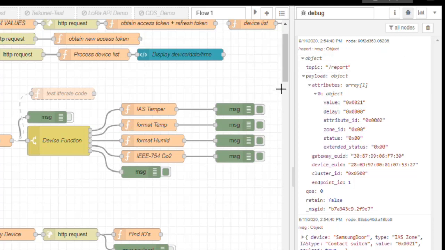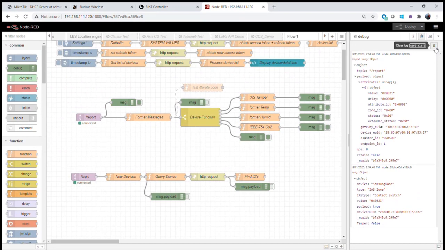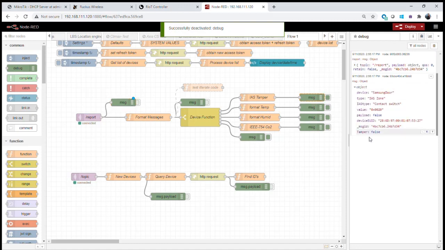What we're able to do, though, is decode all of that data and convert it into something useful. So we get the device's name, we get the device type, we figure out that it's a contact switch, the value, and because we're able to determine that it's a contact switch, we can say true or false depending on whether the door is open or closed. Now if I close the door, we get two notifications, one on the message and then one output. So we're getting a true and false depending on whether the door is open or closed,